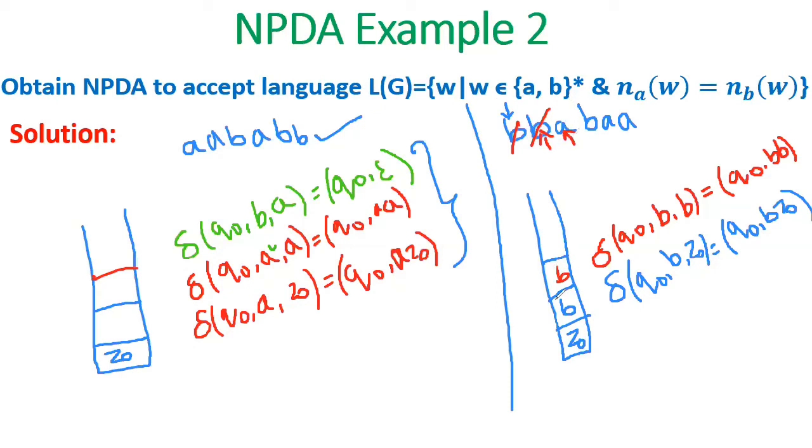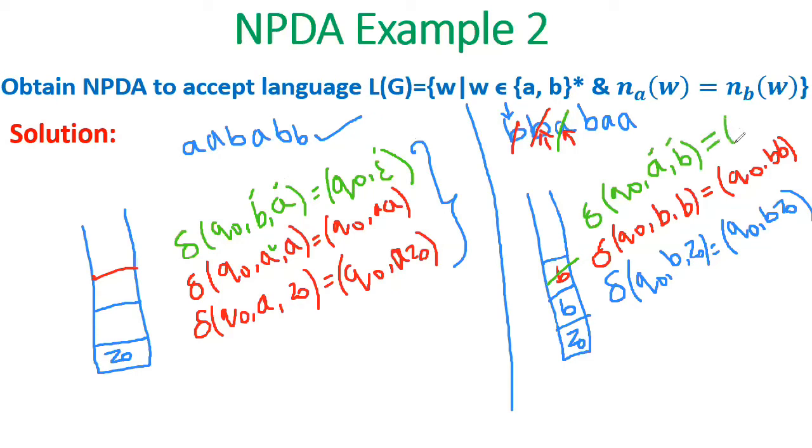So you have to delete one A with the element which is on top of the stack, that is B. That is, this A has to delete this B. That is, you have to pop this element. So how do you do it? Transition from Q naught and the new symbol you are reading is A and top of the stack is B. That is opposite symbols. You can check here. Here also the symbols were opposite. You popped it. Here also the symbols are opposite. You have to pop it.